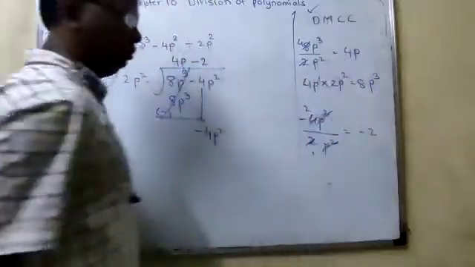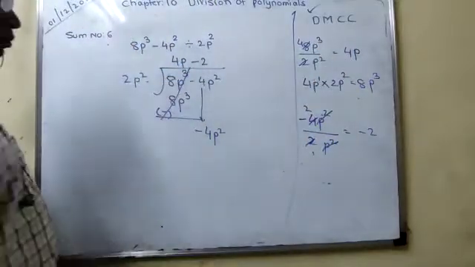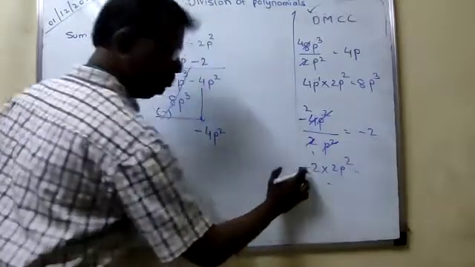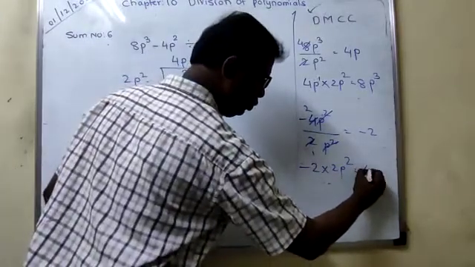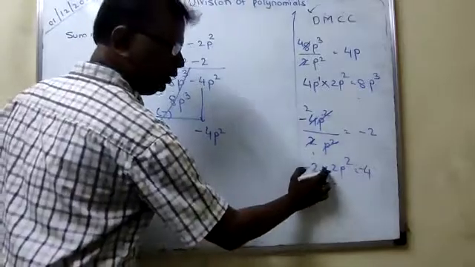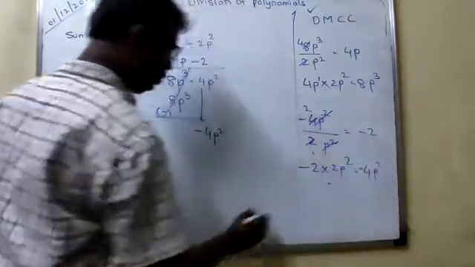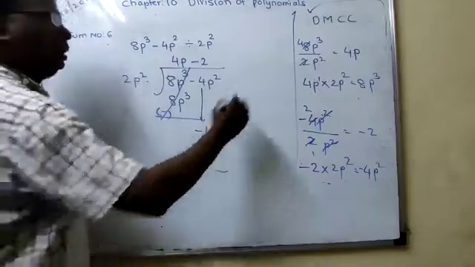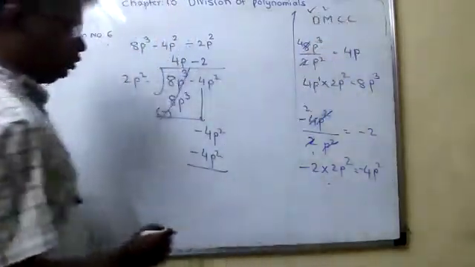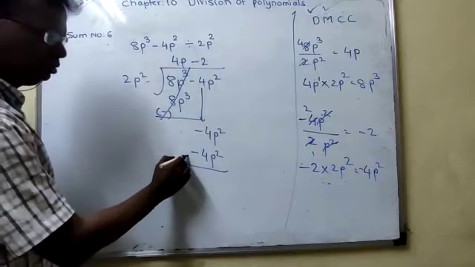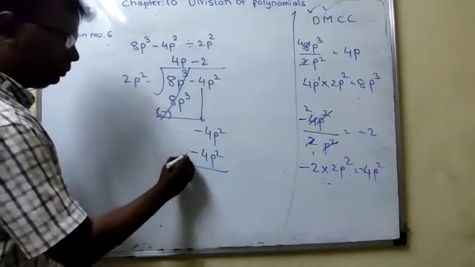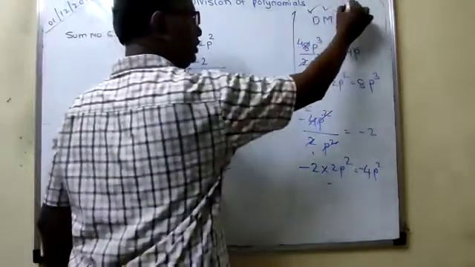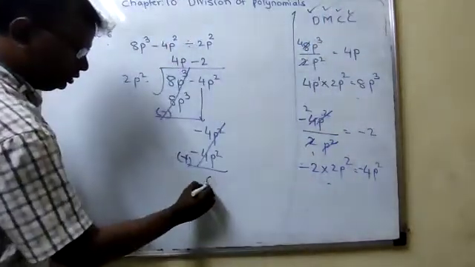Now we have to multiply. Minus 2 into 2p square. Minus 2 into 2 is minus 4. 1 into p square is p square only. So the answer we got here is minus 4p square. Multiplication over. Now change of sign. What is the sign here? Minus, so the opposite sign will be plus. So this will get cancelled. Cancellation is change of sign and cancel. The answer here is 0.